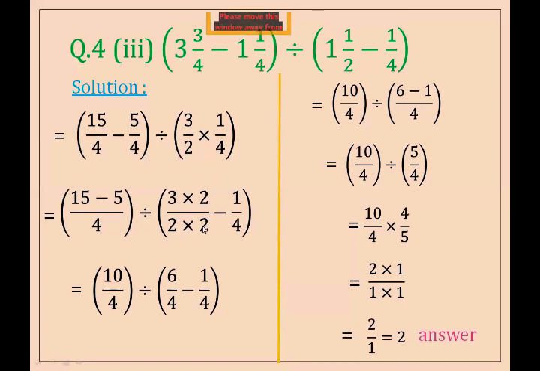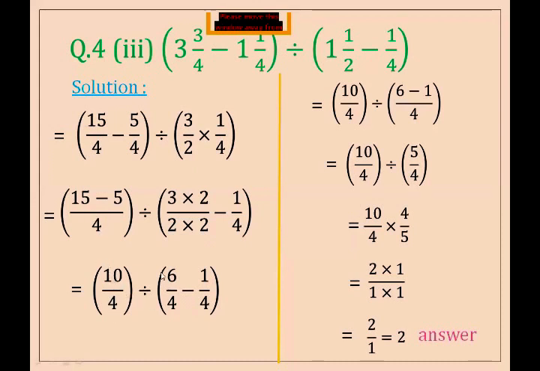2 multiplied by 2 and 3 multiplied by. Okay, students, here we have a minus sign, not a multiplication sign. Here we have the minus sign. So here we take the LCM of this. To make this 4, we multiply 2 by 2 and 3 by 2 here. So here we have 3 twos are 6 and 2 twos are 4. Now both fractions become like fractions and have the same denominator. Here we have 15 minus 5, which becomes 10, and the denominator is the same, which is 4.